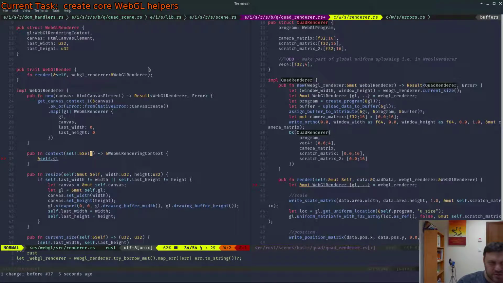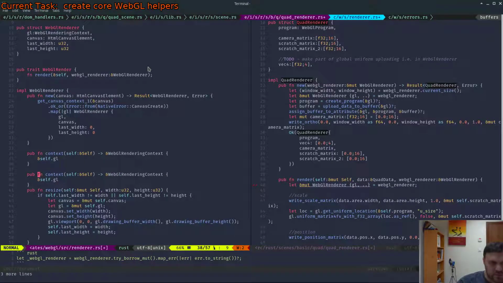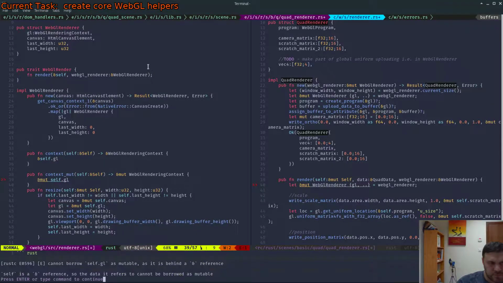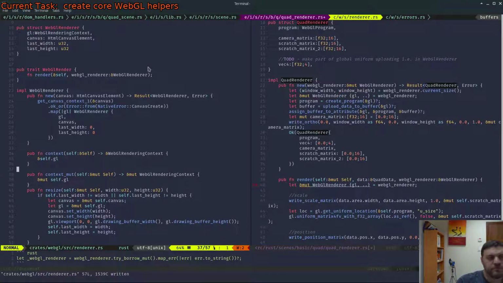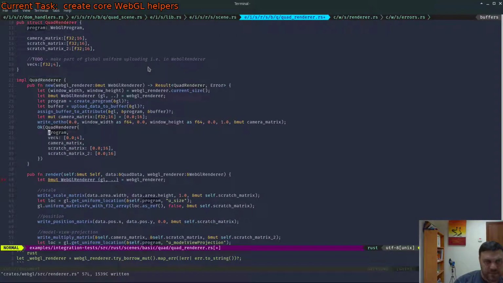You know, let's actually change it to... Alright, cool. That'll help us enforce the borrowing rules too. Fine. So we have